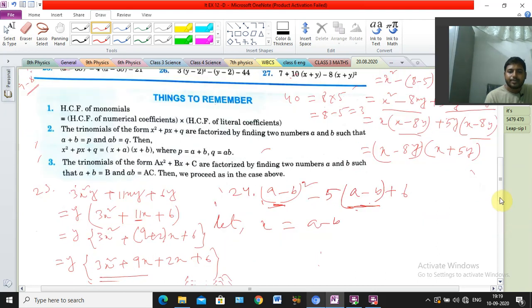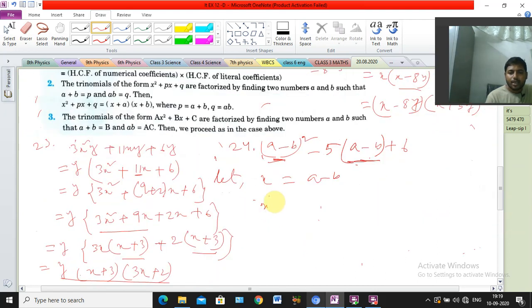That means we can write x square minus 5x plus 6. Now we are getting this because instead of a minus b we are writing x. Now see, same process we have to follow. Here coefficient part is 1, so 1 into 6 is 6, but we need 5. So 6 means we have to do 3 into 2, and 3 plus 2 also we will get 5. Means 3 and 2 we will use. Just write it.